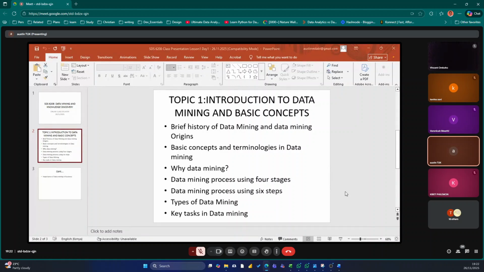In the context of data warehouse, an enterprise data warehouse is simply a centralized warehouse, a centralized repository of data of an organization, a business company. We call it enterprise data warehouse.